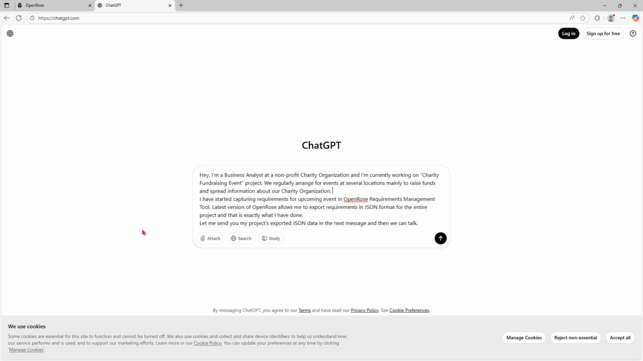Hey, I'm a business analyst at a non-profit charity organization, and I'm currently working on charity fundraising event project. We regularly arrange for events at several locations, mainly to raise funds and spread information about our charity organization. I have started capturing requirements for upcoming event in OpenRose requirements management tool. Latest version of OpenRose allows me to export requirements in JSON format for the entire project, and that is exactly what I have done. Let me send you my project's exported JSON data in the next message, and then we